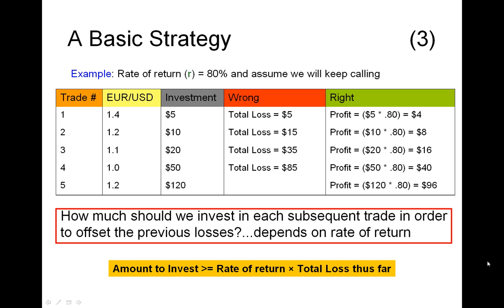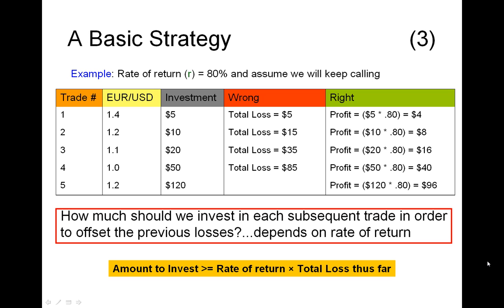It could have been slightly smaller, but it couldn't have been something like $6. Now, just to take another example, in the fourth trade, why did we have to go with a number like 50? What if we had picked a number like 40? Well, let's see. Prior to that, our cumulative loss had been $35 from the first 3 trades. Supposing we had put $40 on the fourth trade, our profit would have been